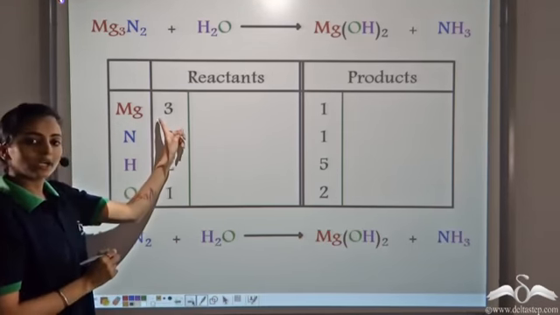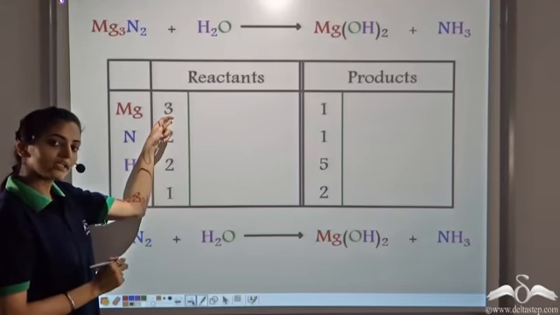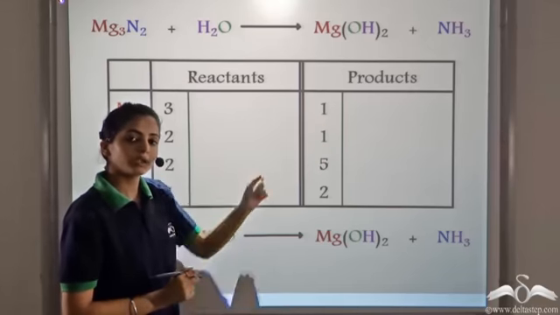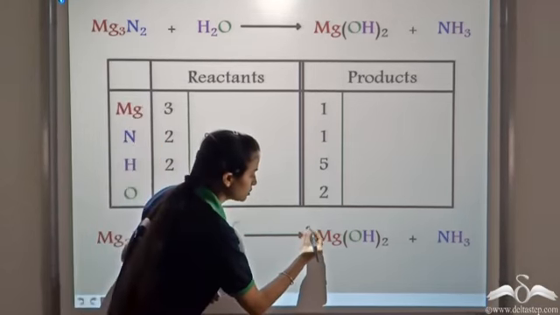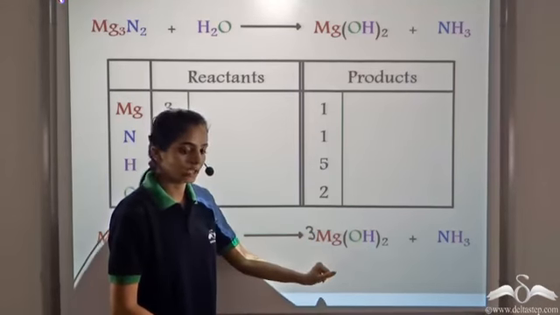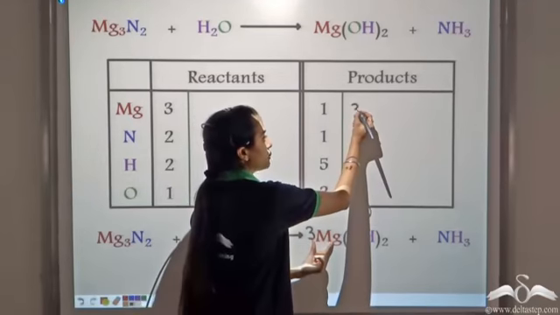So let's now try to balance our magnesium atoms. On the reactant side, we have 3 atoms. On the product side, we have 1 atom. So how can we balance magnesium atoms? We can balance it by simply putting a 3 here. That is, we take 3 molecules of magnesium hydroxide. When we do this, we get 3 atoms of magnesium,